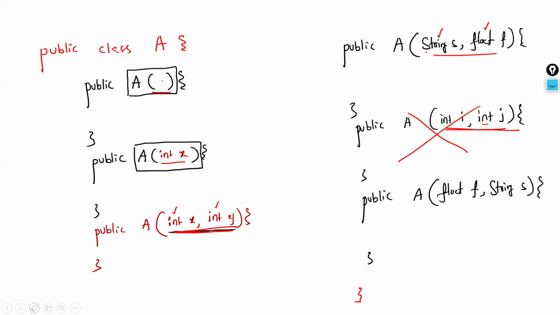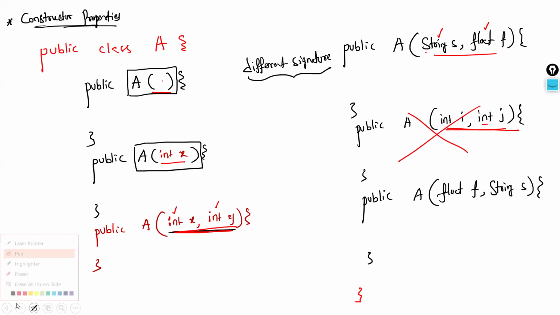So with all this understanding, the property that I am discussing here is the constructor properties, syntax-wise. What is the meaning of different in signature? I used one term: constructors with different signatures can be allowed in a class. There are 3 to 4 things to remember. What's the first thing? Different signature means